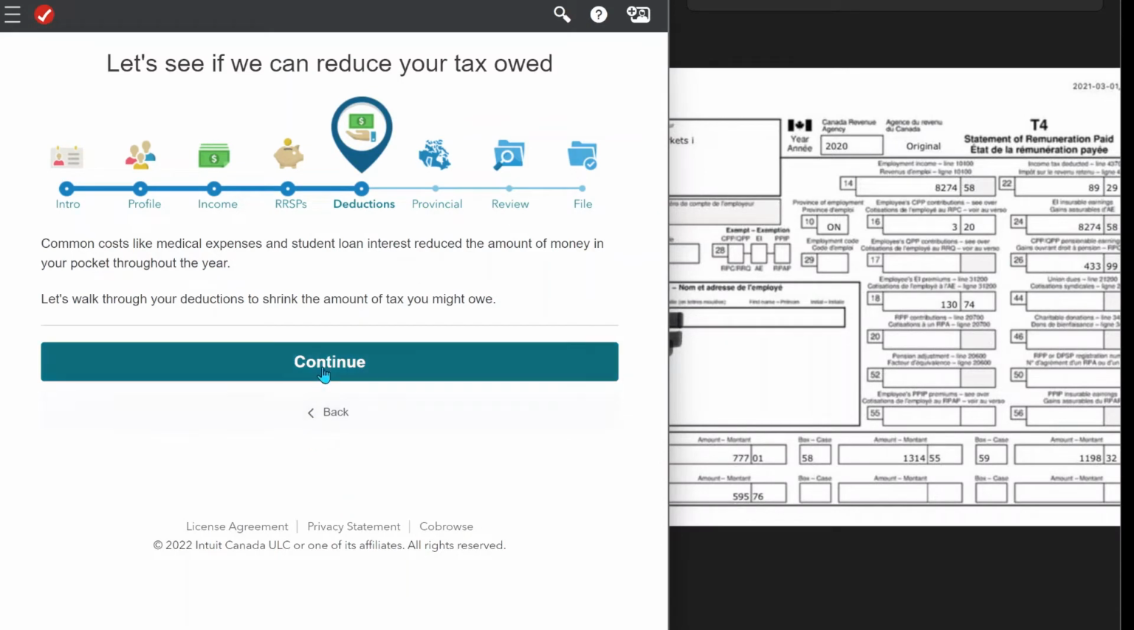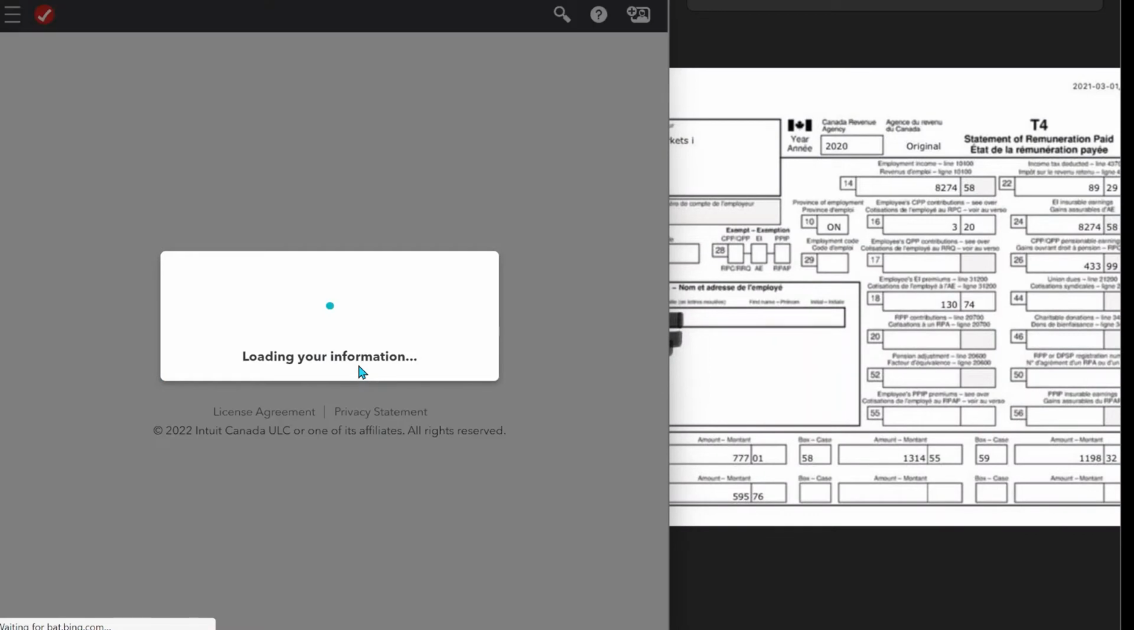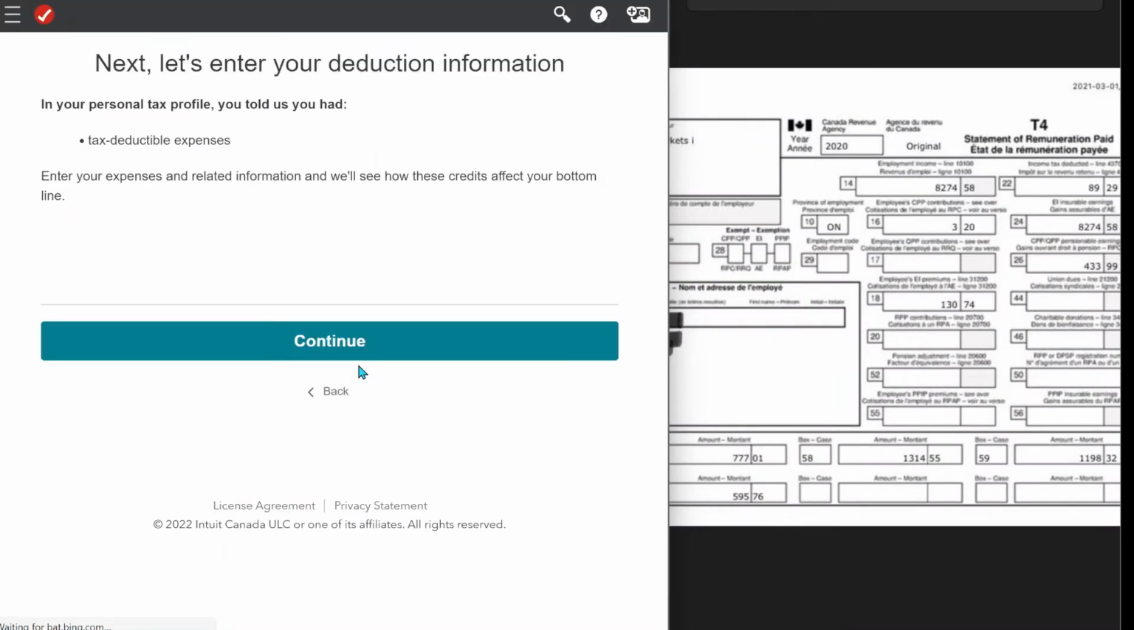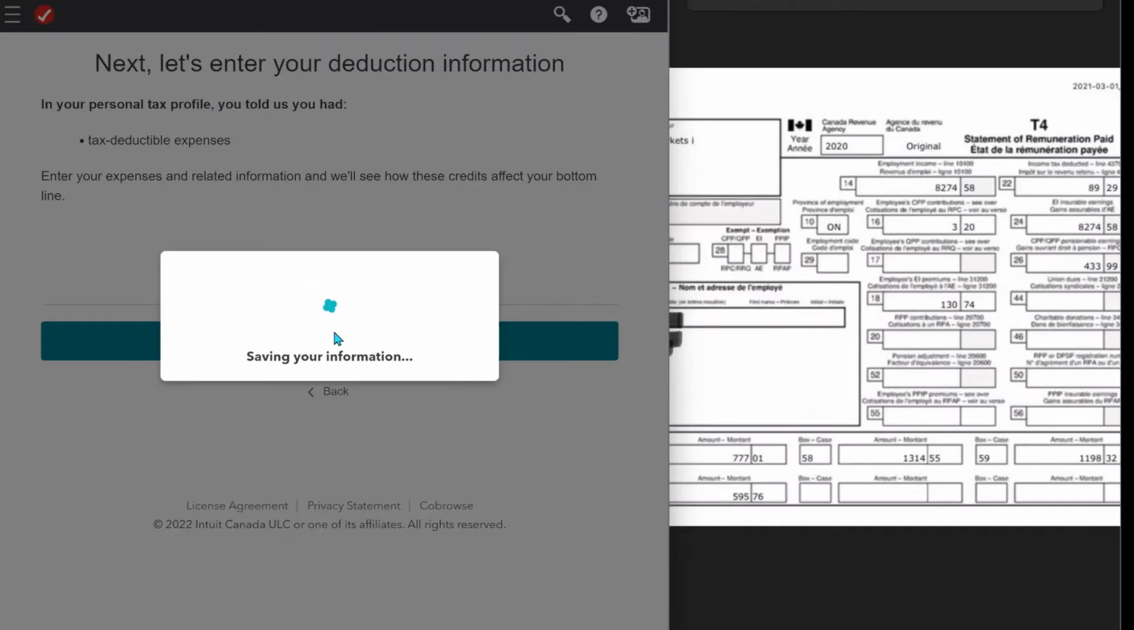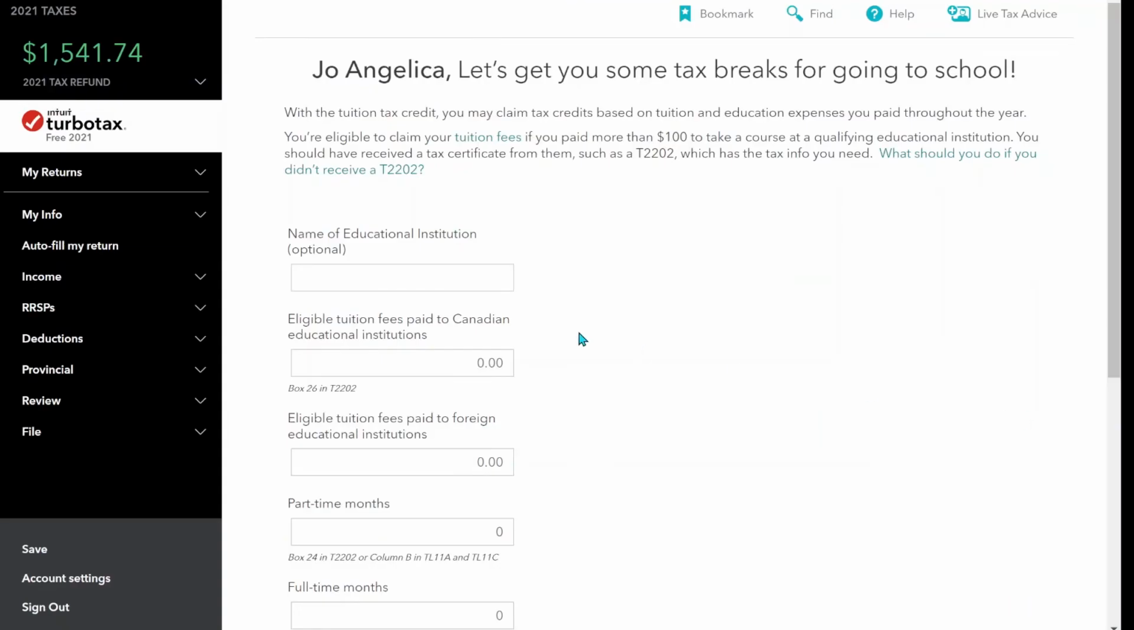Deduction. So let's see. We're talking about medical expenses, student loan interest. So let's check them out. And then tax deductible expenses. Let's see. For this one, we're just going to get her information